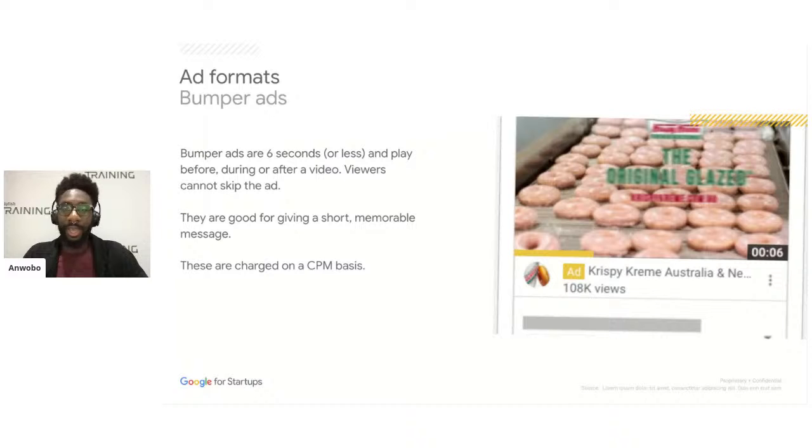And if you guys can make it out in that screenshot there, here's 6 seconds showing me some Krispy Kreme donuts, and that's enough to get my appetite going. And every time I see that, I want some Krispy Kreme donuts. So this is just another format. It's great for quick messaging, a reminder to get your brand in front of users, and especially to reiterate something that they may already know about your brand. We can definitely utilize this ad format there.